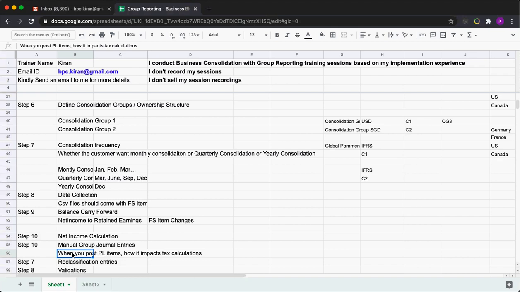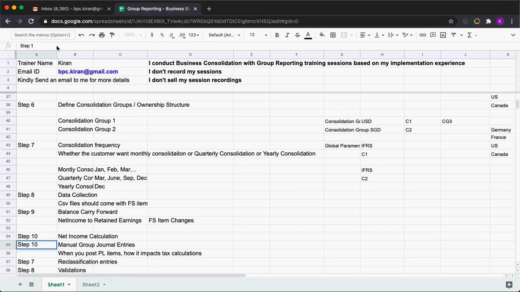Here you have to adjust the net income, and there will also be a tax portion. Tax has to be adjusted. So here you have to mention we have one configuration item which automatically impacts your net income and deferred taxes. You can add one sample entry here. I have not explained it in the session. In the next sessions, we are going to talk about manual group journal entries. There I will tell you, when you post a manual group journal entry, how the system is going to adjust the net income and deferred taxes based on which tax percentage. You can add it here.